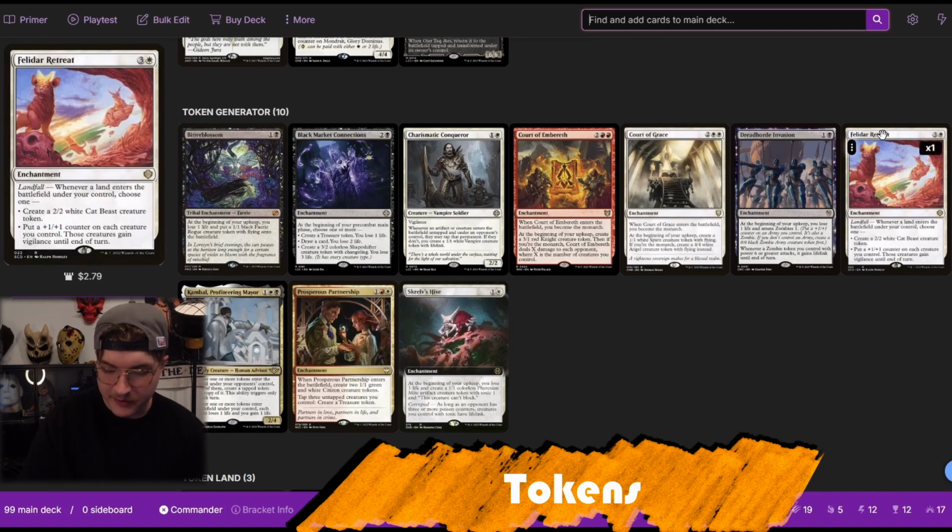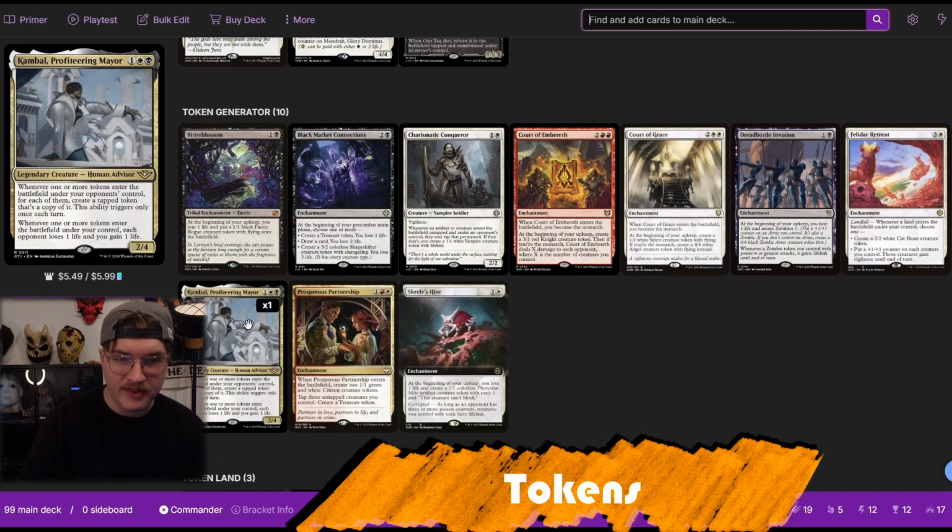Whenever land enters the battlefield, we create a 2/2 beast, or give all of our creatures a +1/+1 counter. This card's versatility is great. And I've also included Kambal, Profiteering Mayor. For once each turn, whenever an opponent creates 1 or more tokens, for each of them, we create a copy